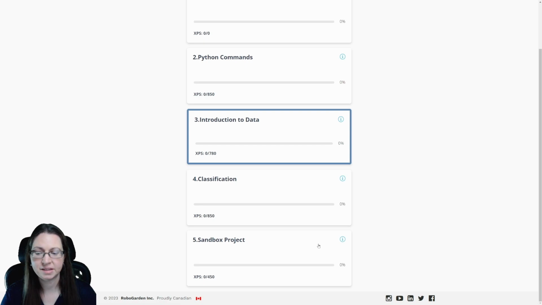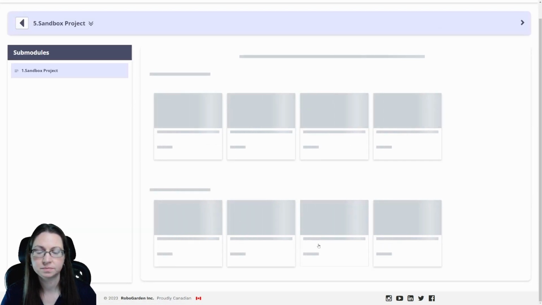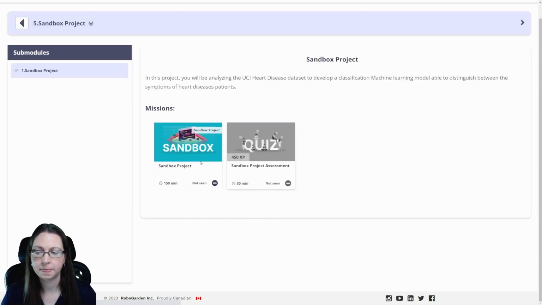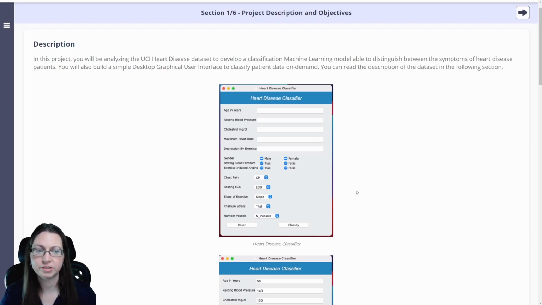Culminating the course is the sandbox project. In this project, you will combine all your new coding, data analysis, and machine learning skills into a little piece of software that looks like this when you run it on your computer, that you can then launch from any computer. This project is quite flexible in terms of meeting your personal needs,